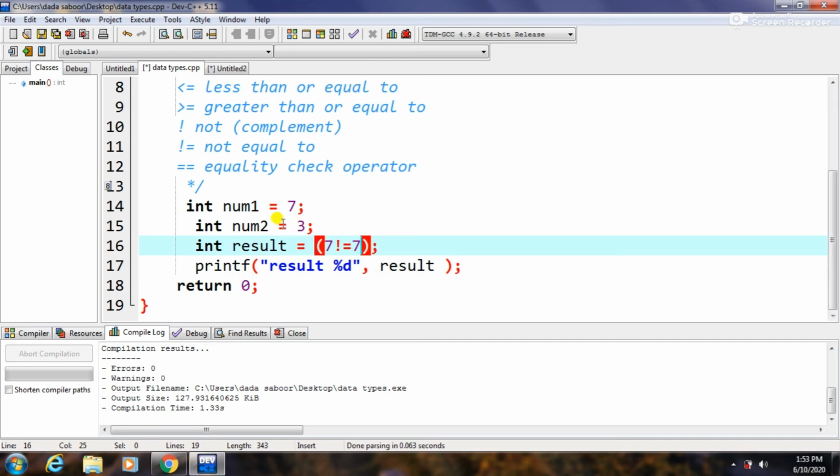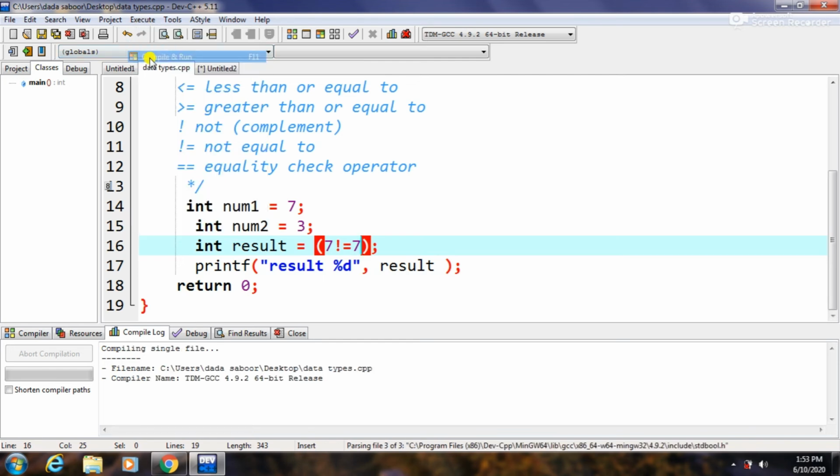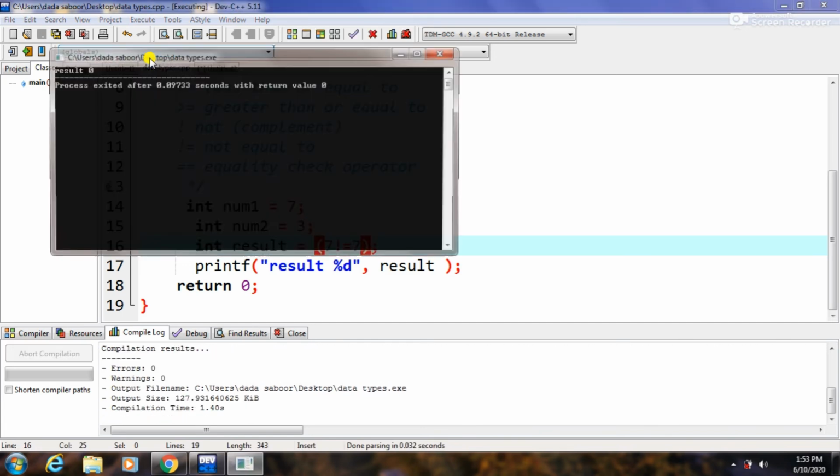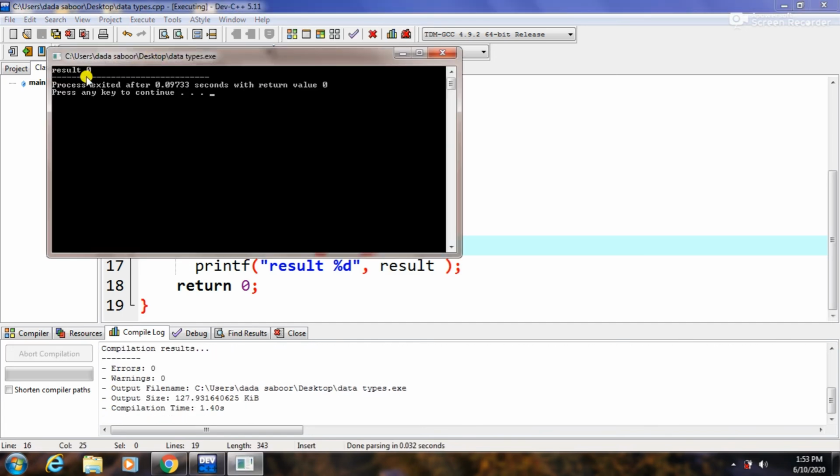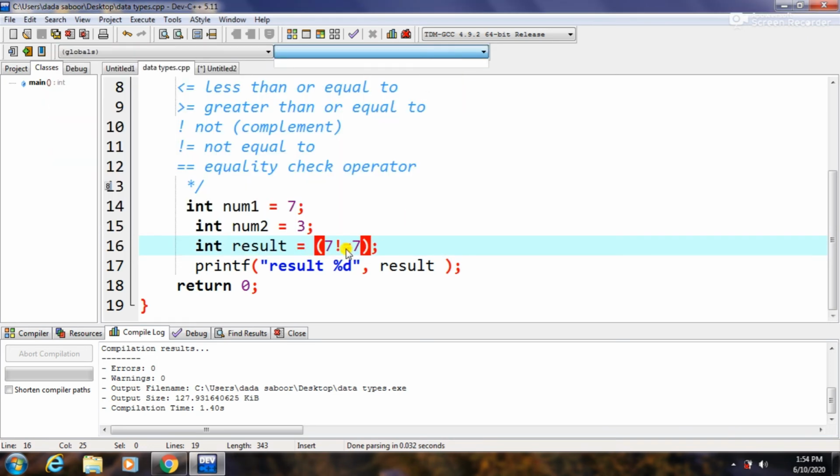We will get 0 at the output screen, because 7 is equal to 7. If we execute this code, we can see we got 0 at the output screen. So this is what I want you to understand, that in this command only not is executed, and this is only a single operator.